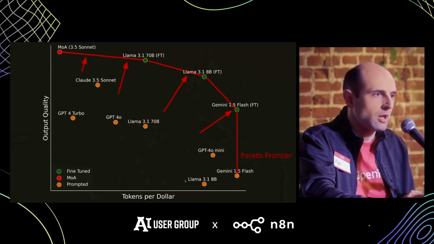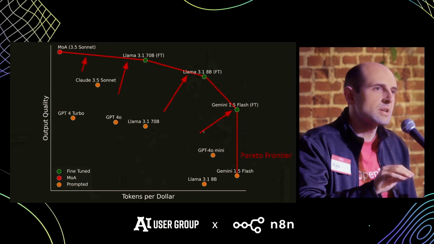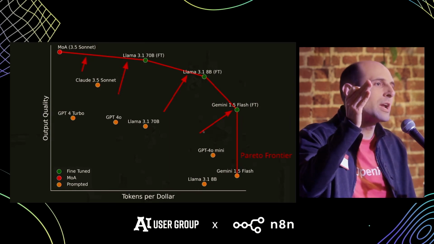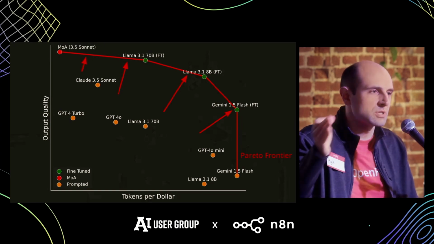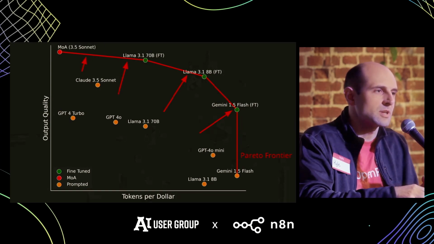What makes it faster is moving to a smaller model. So even without fine-tuning, Llama 3.1 8B is already much faster than GPT-4 Turbo, just inherently. The problem is you're trading off quality. So what fine-tuning does is it lets you, for a given model size, get higher quality, and then you can trade off some of that quality by moving to a smaller model size because you're able to recover so much through fine-tuning, if that makes sense.